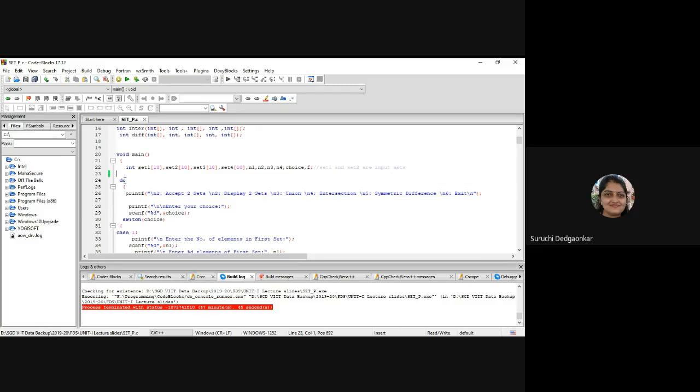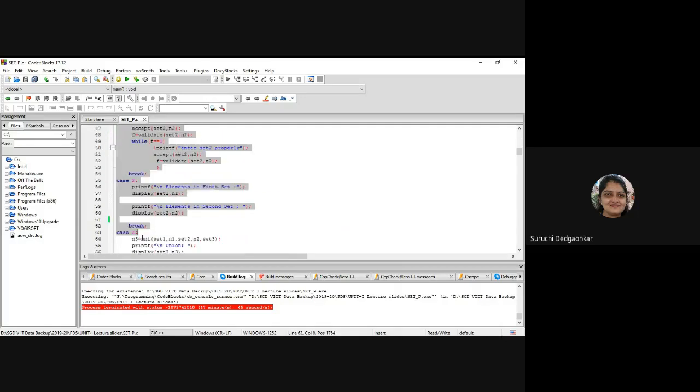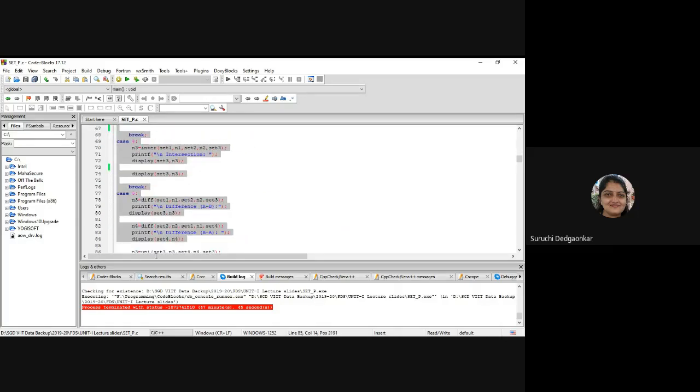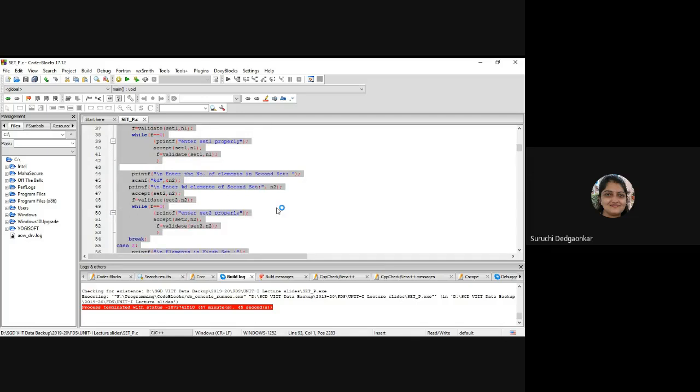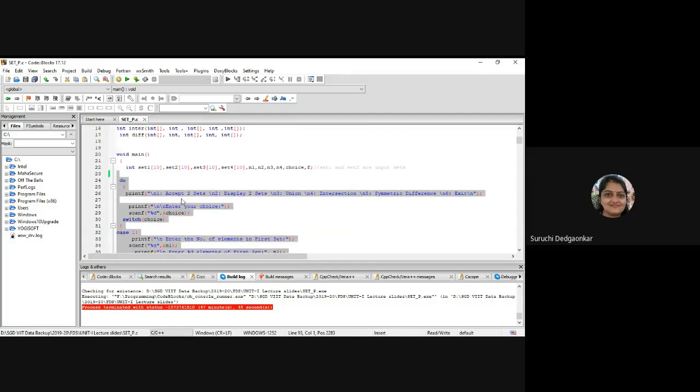So in order to design the menu, we will use a do while loop, and inside the do while there will be a switch case. So this will be the skeleton we will follow in each and every program, and that will become habitual to you when you write 2 or 3 programs. So this is the first part you have to write in the main function. First, do while. Here we will provide the functionality expected by our program. So first is for accepting input. This is our option 1. Second option is displaying the 2 sets.